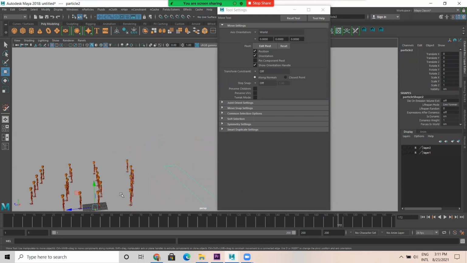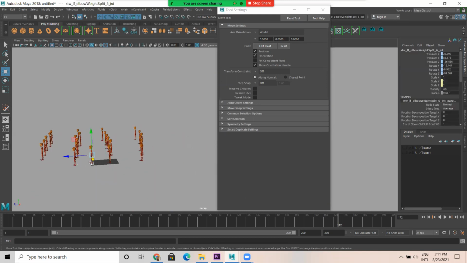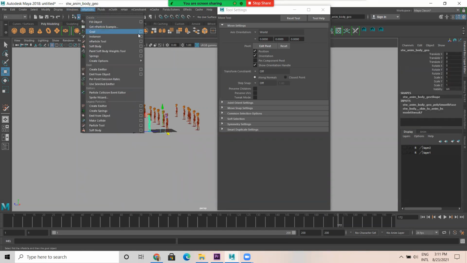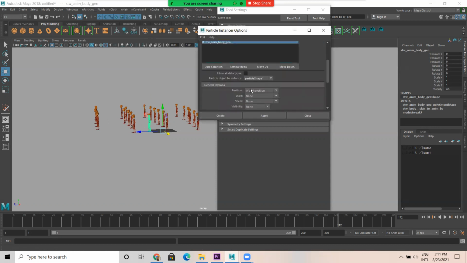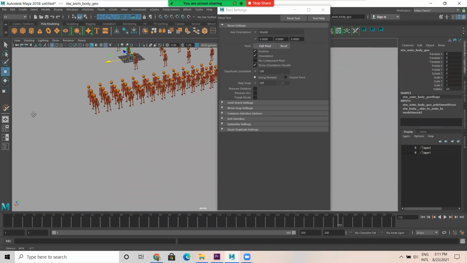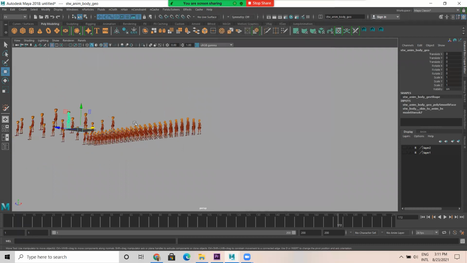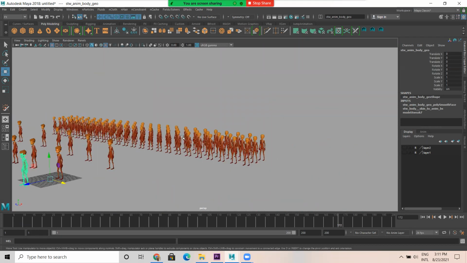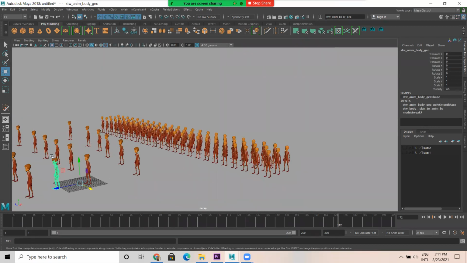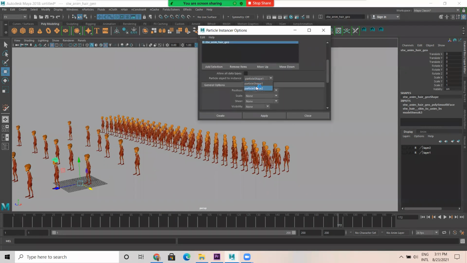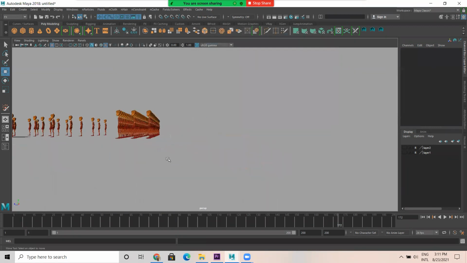So I can select these characters again, select the model, select him. Okay, I need to select the model. Go to nParticle instance. Select this guy for particle 2, create. See here. How are these guys standing? It's awesome. They're standing, this is how they create the army in the war scenes and all. Similarly, I select the hair part, go to nParticle, go to instance, select this and choose particle 2, create. You got the hair system also.